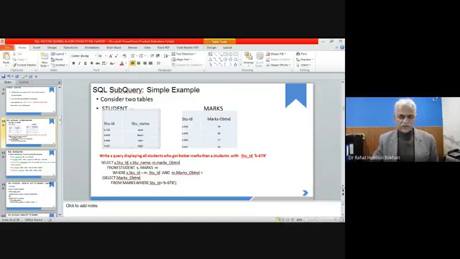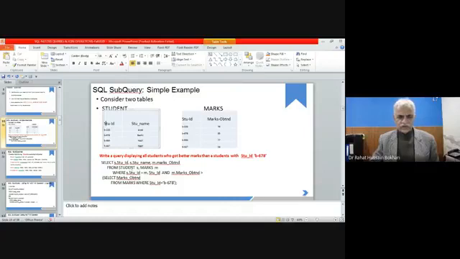S dot student ID means the student ID from the student table. Student name, I have written S dot student name, that means student name from the student table. The last one is M dot marks obtained, which means marks obtained is from the marks table, which has the alias M.